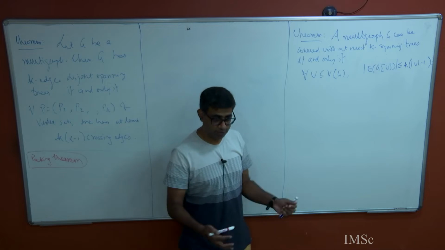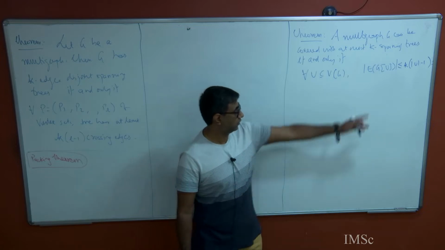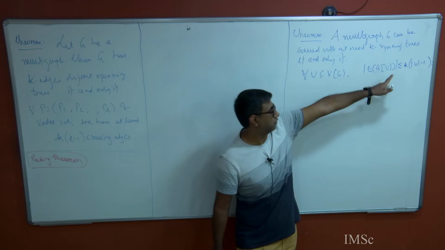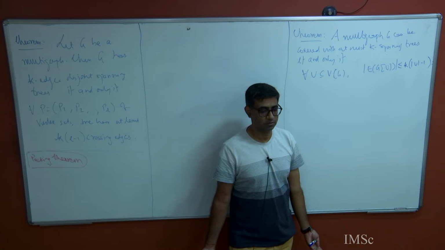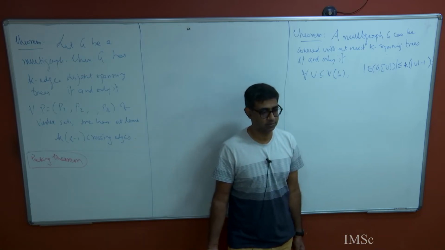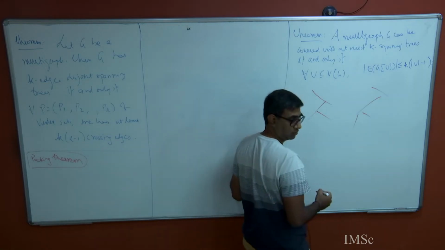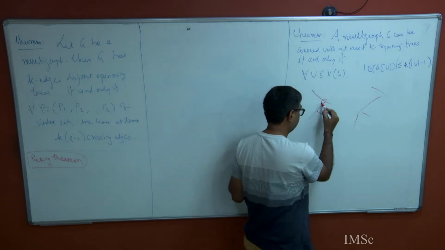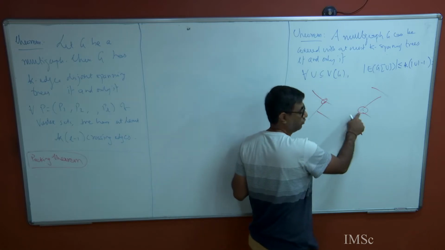You say that if you take a forest, this bound will hold. What does this bound tell you? It tells you that the number of edges here is very small. So put k equal to 1, and it just tells you it's a forest. That's precisely what it tells you. If you take an induced subgraph of a forest, you will still get a forest. Look at the edges induced on that.